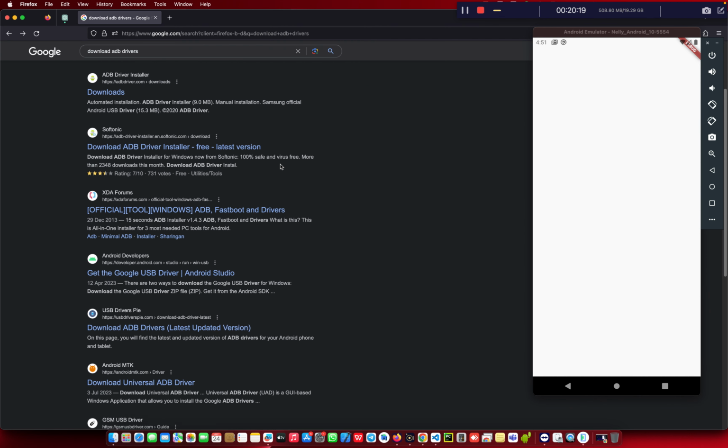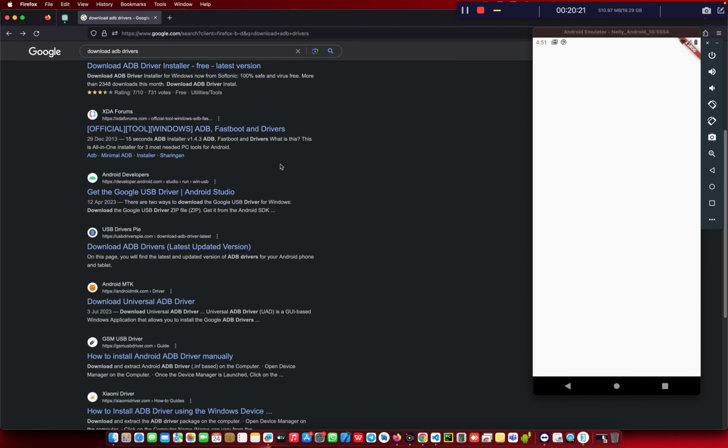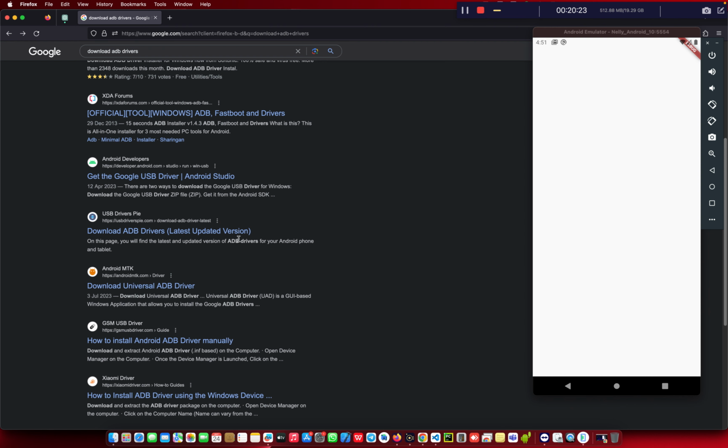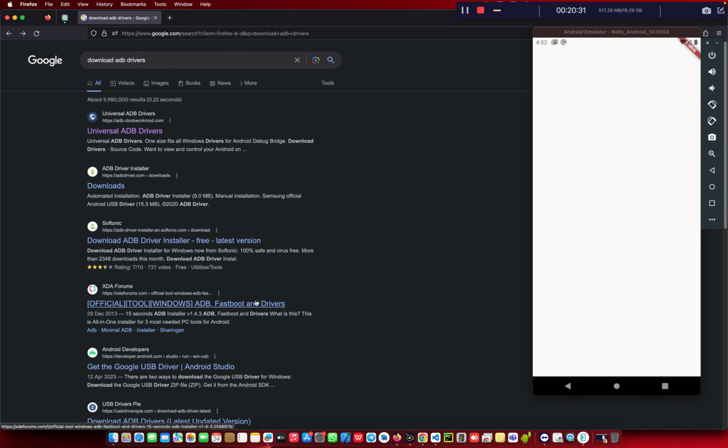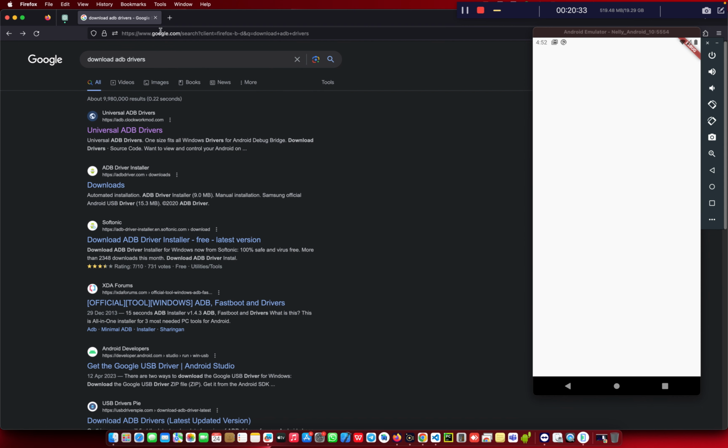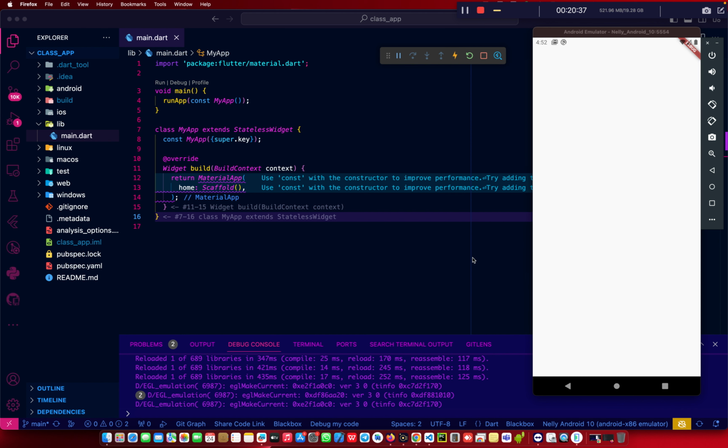So once you install the ADB drivers, you can actually install the universal ones. Even these MTK ADB drivers, universal ADB drivers actually work also. After installing the ADB drivers on your machine, then what you need to do is you go to your